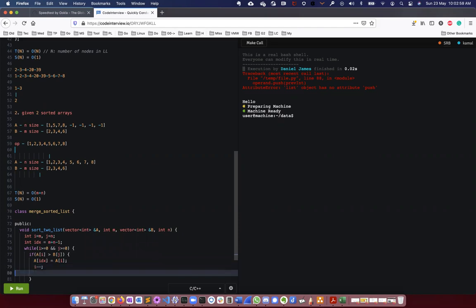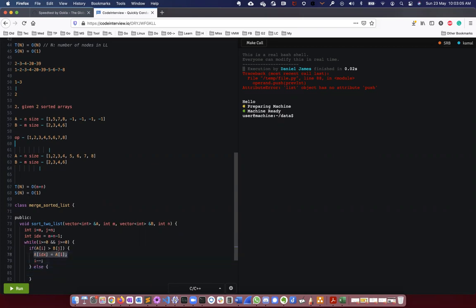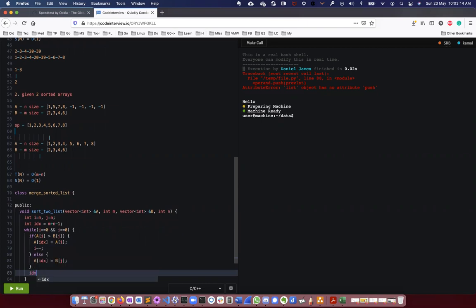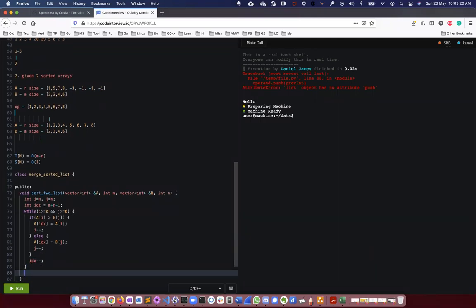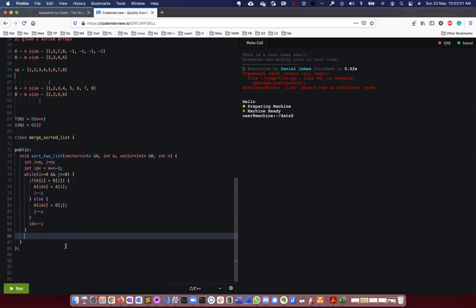I'm decrementing the index after adding this. Through this I added the element, but there are some boundary conditions I have to take care of. If all the elements of B are not added to A, in this case I have to take care of that.